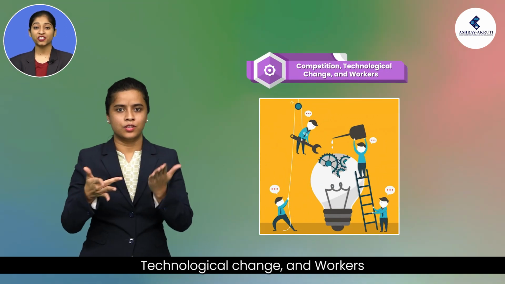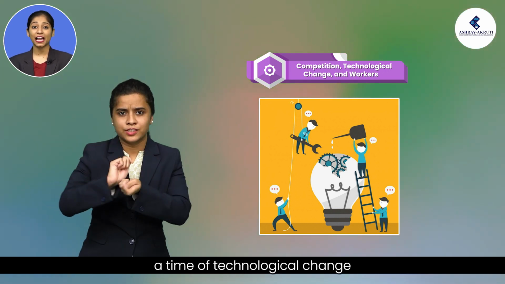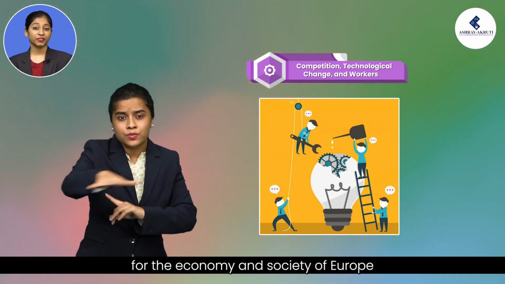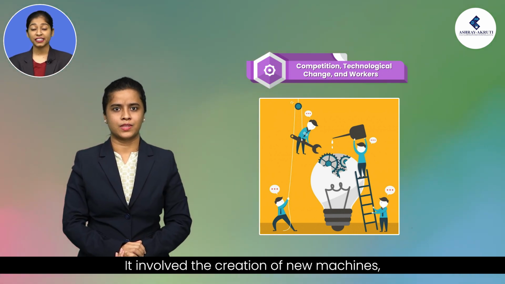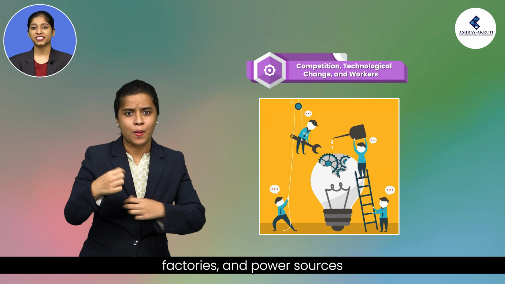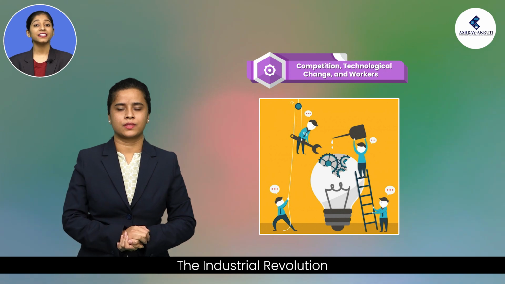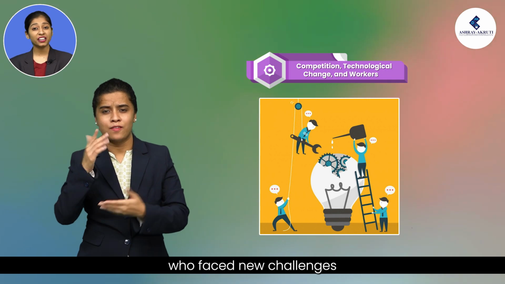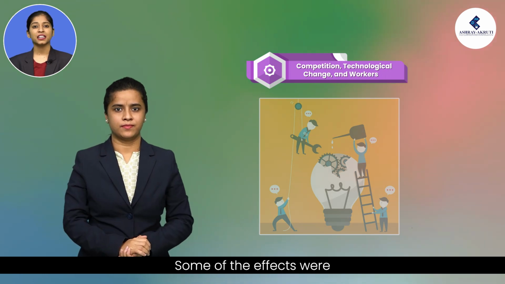Competition, technological change, and workers. The Industrial Revolution was a time of technological change for the economy and society of Europe and later the entire world. It involved the creation of new machines, factories, and power sources that increased productivity. It also affected the lives of workers, who faced new challenges and opportunities in the labor market. Some of the effects were